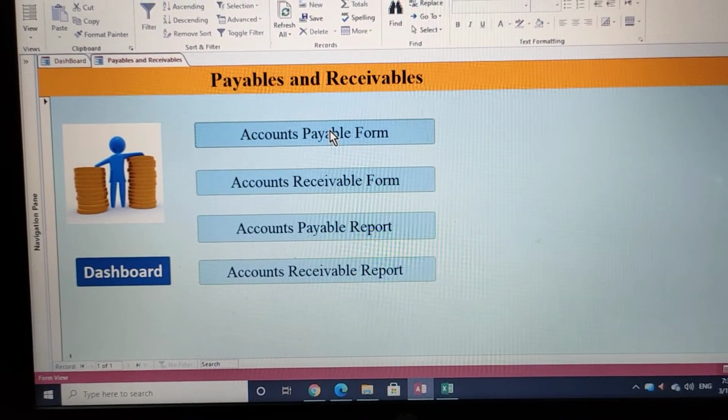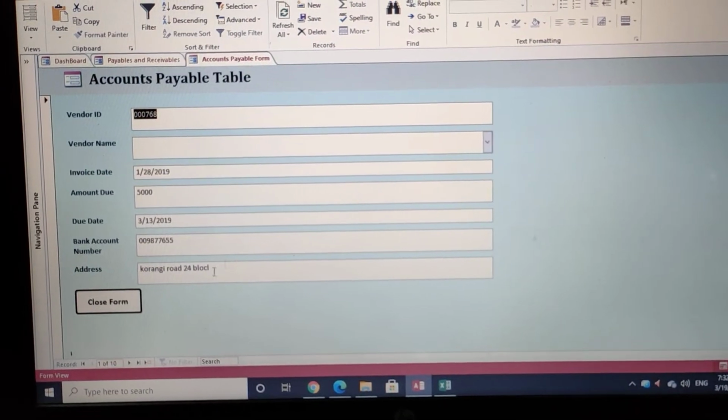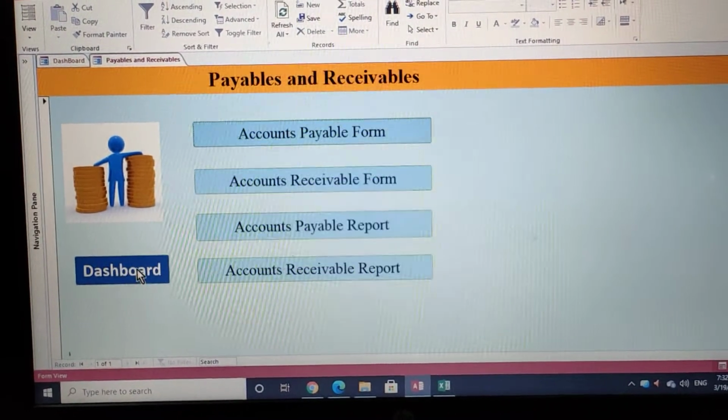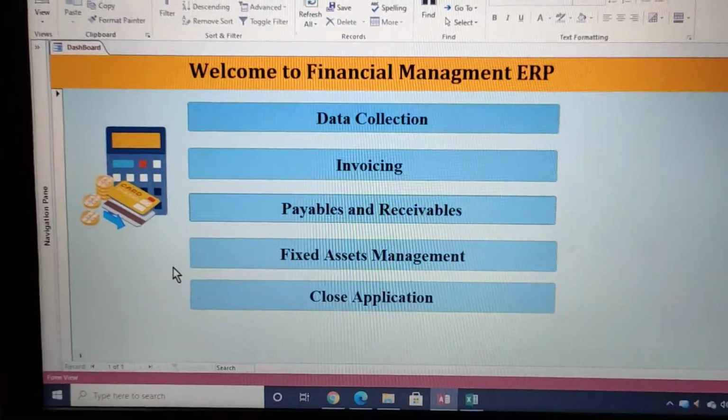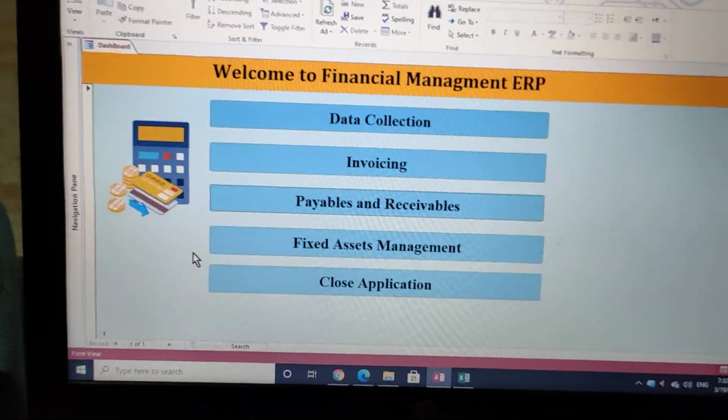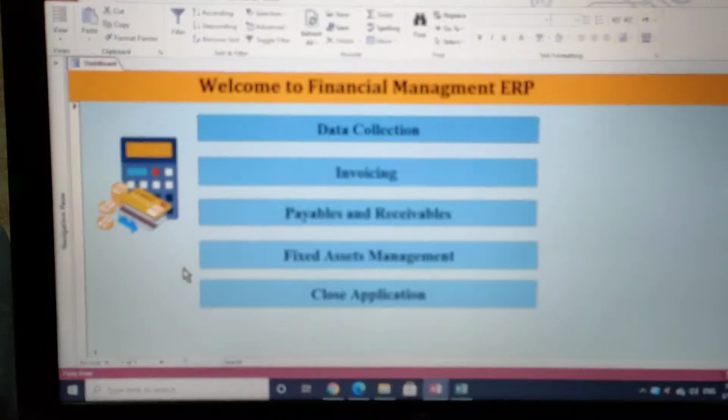So this form and this report would help you do that. And with the click of a button, all these things close and you're back to the dashboard. So this is how you can manage your small business really efficiently.